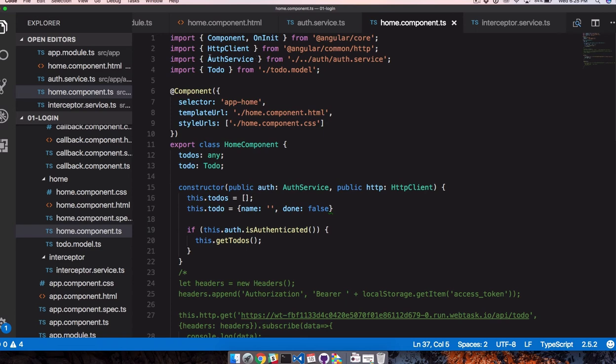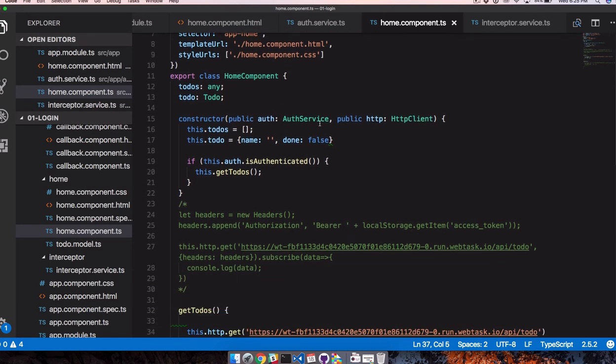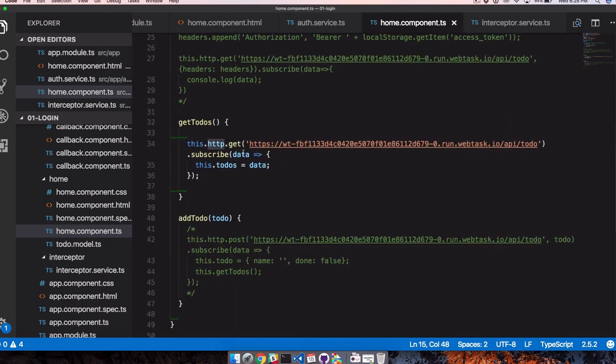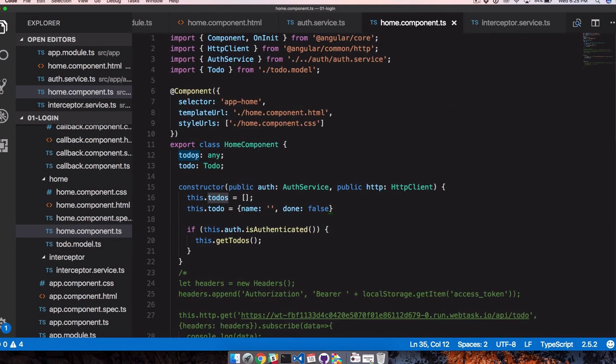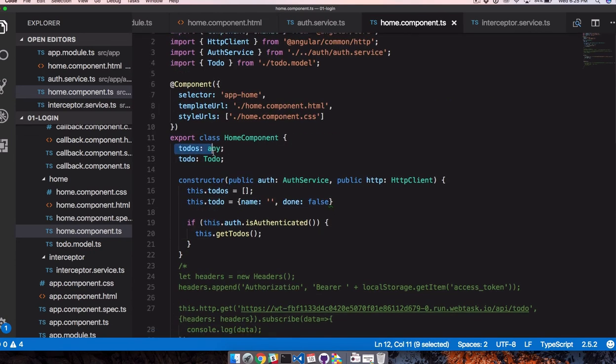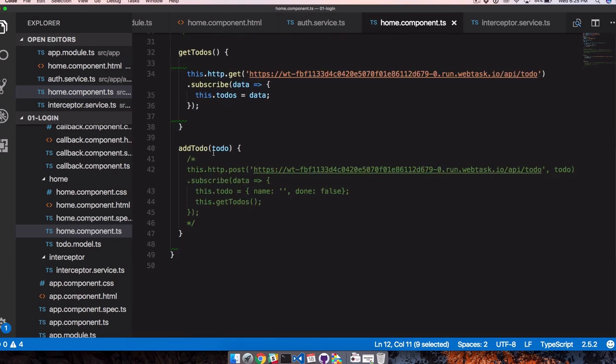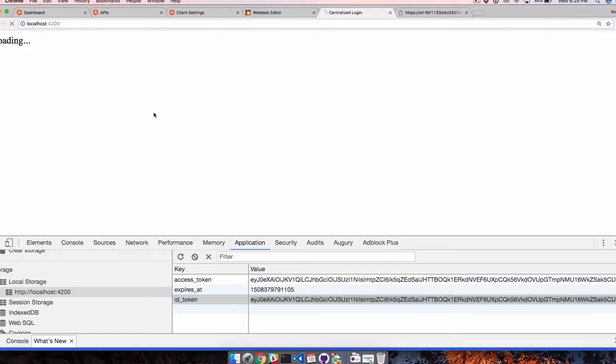No. So I imported my HTTP client from Angular Common HTTP, registered it right here so I could use it. And then I'm making a GET request to the web task backend, and I'm just going to get that data, set it to this list of to-dos, which I basically set to any for now, but I'm going to get a list of to-dos and just display them on the page. So I'm going to save this, rebuild the application, and